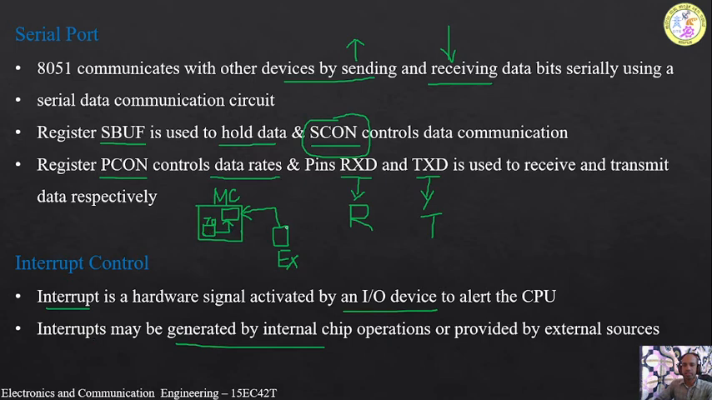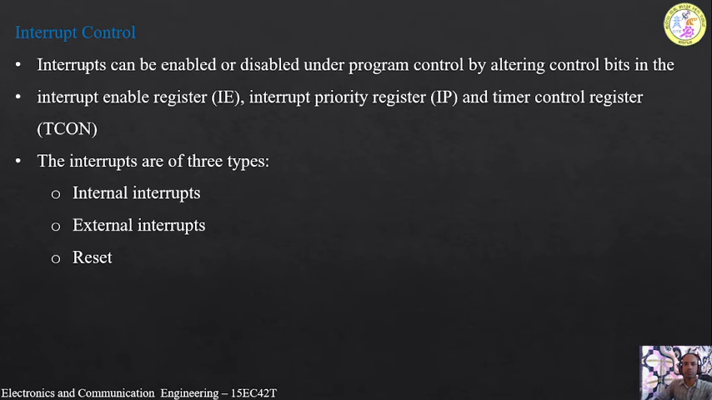Interrupt, whereas this is externally generated interrupt. So the interrupts can be enabled or disabled under program control by altering the control bits in the interrupt enable register. So we can control these interrupts. Either we can enable the interrupts or we can disable the interrupts under the program control by altering control bits in the interrupt enable register IE, or the interrupt priority register IP and the